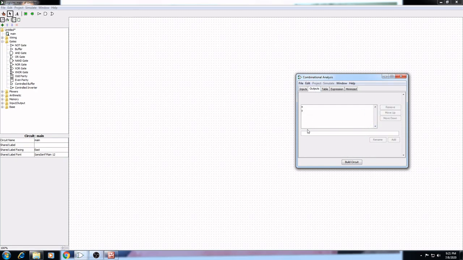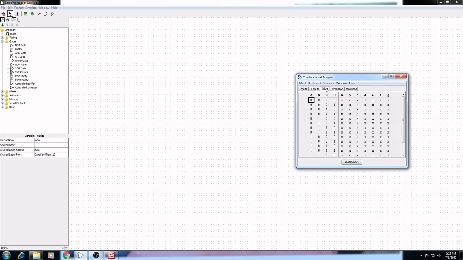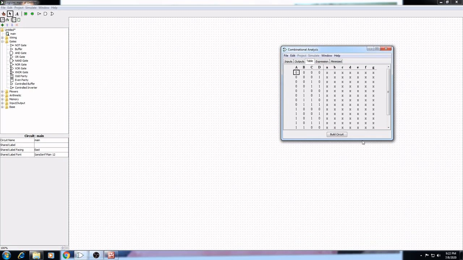For output we take A, B, C, D, E, F, G. So these are the 7 outputs, 1, 2, 3, 4, 5, 6 and 7. By this we will get the truth table like this.